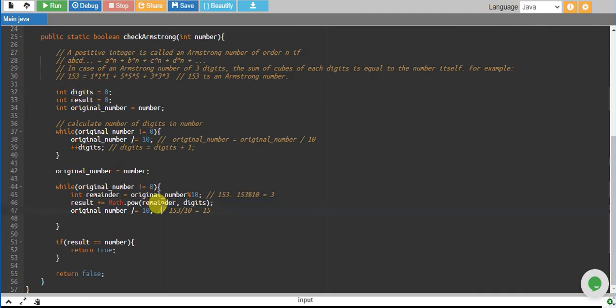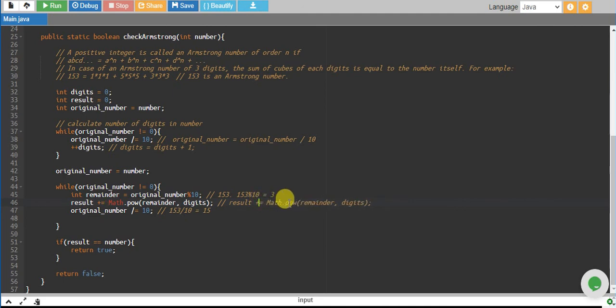So remainder power, which is last number power number of digits, and storing it into result. So this is basically equal to result plus all this code. Okay, so these both codes are equal. I have just used plus equals, I have just shortcutted it.